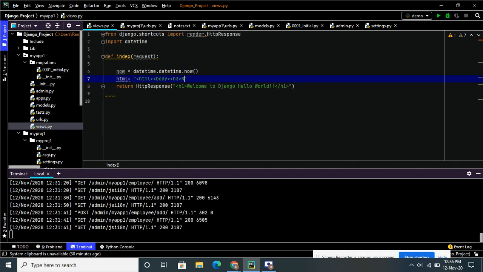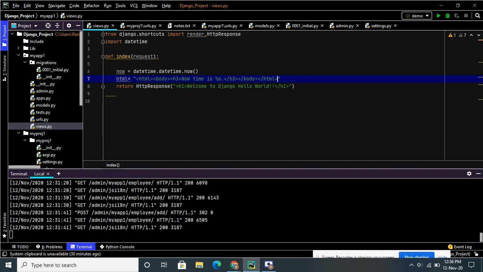Okay, now time is printing the character s, and I'm closing the h3, and I'm closing the body, and I'm closing the html.